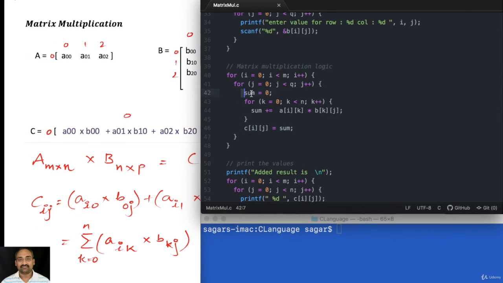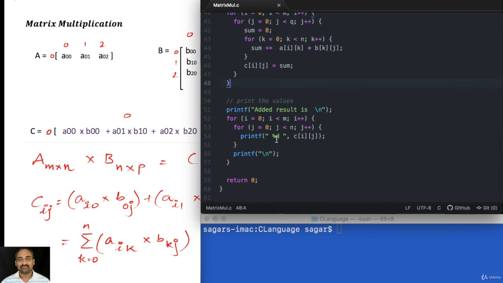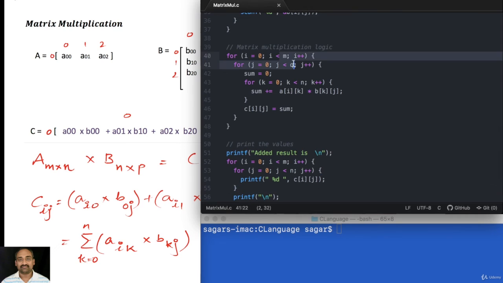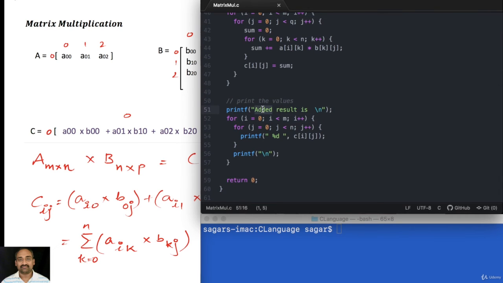So here the sum contains the sum of all the products, that is aik times bkj, where k equal to 0 to n minus 1. Now each row of the first matrix will be multiplied with each column of the second matrix, and this is how it is. Even if you didn't understand it at the beginning, don't worry, just see if you can do this over the paper and find how it works. And finally the resultant matrix Cij is going to be m by q. So the multiplication result is m by q.